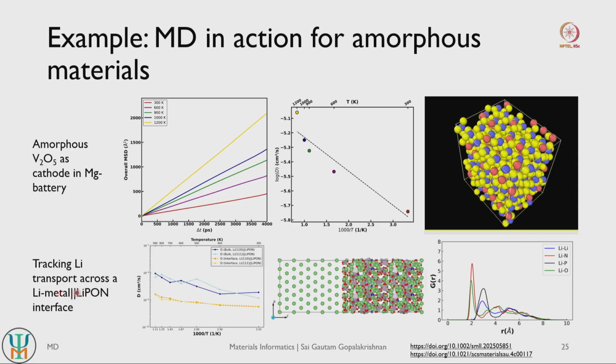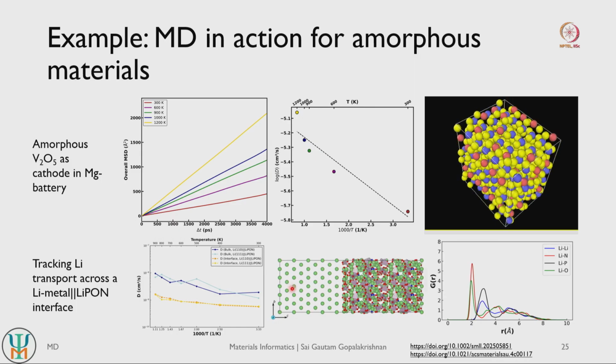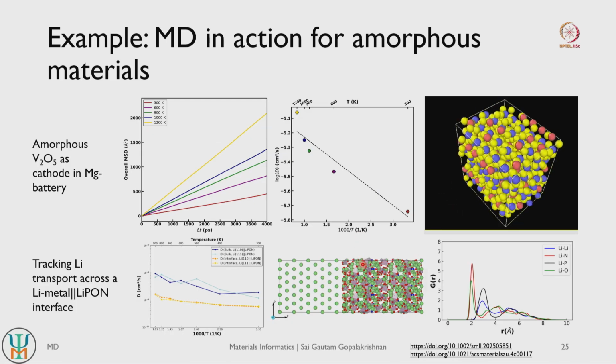This is another example where we modeled lithium transport across an electrode electrolyte interface. This electrolyte is amorphous in nature, right. So we tracked how easily lithium can move within the bulk system, so bulk electrode systems and electrolyte systems, and across the interface. So how easy it is for lithium to hop across this interface here. And these types of simulations, since we are dealing with amorphous systems, both in this scenario and this scenario, are very difficult to do with both density functional theory calculations and also classical force fields. So we had to rely on machine learned interatomic potentials, machine learning based force fields here.